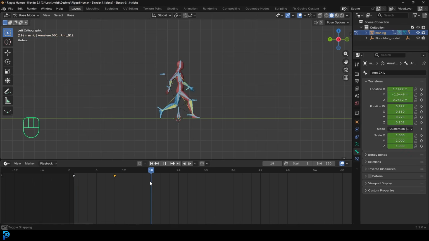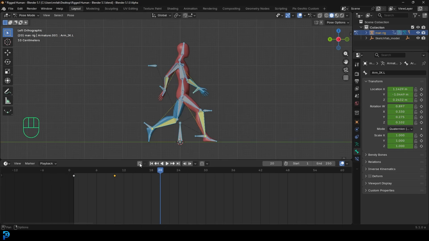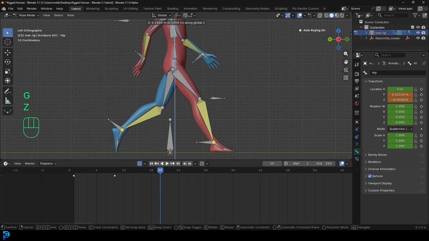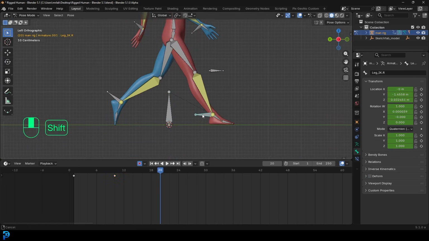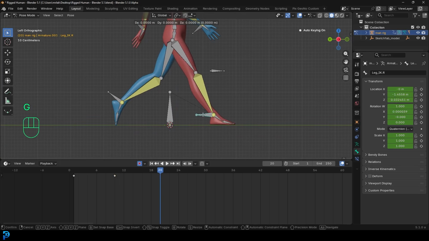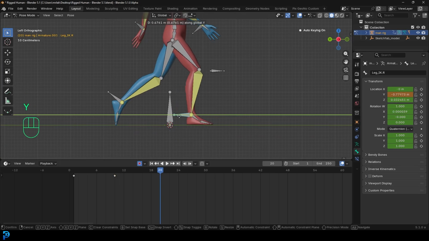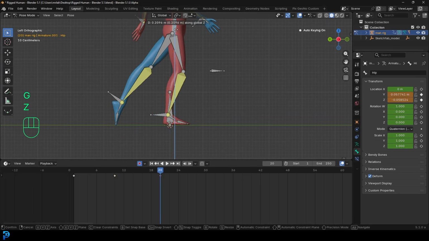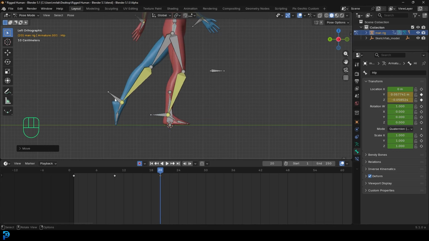So now let's go to frame 20. And on frame 20, let's turn on auto keying again. And now what we're going to do is we're going to actually take the hip, we're going to go G, Z, bring it up higher, and then let's bring this foot over here. Let's go G, Y, and this is our right foot, and we're going to bring it all the way to sort of underneath the character, and we might have to bring that hip up just a little bit so the leg isn't as bent. So we want that leg straight at this point,